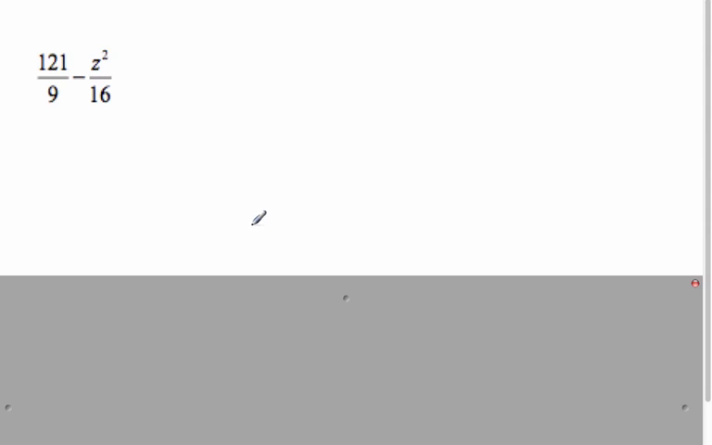Tricky. It doesn't really look quite the same here, but we have got two squares. We need to make the bit on the left a square, and the bit on the right a square as well. If I recognize that 11 squared is 121, and 3 squared is 9, and 4 squared is 16, these are all perfect squares. So if I factor it,